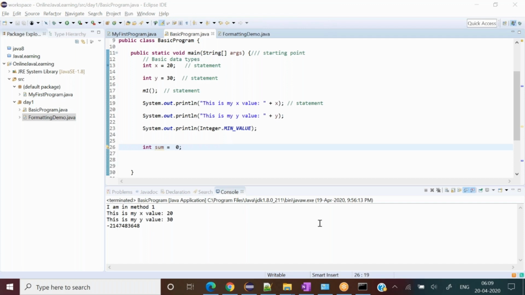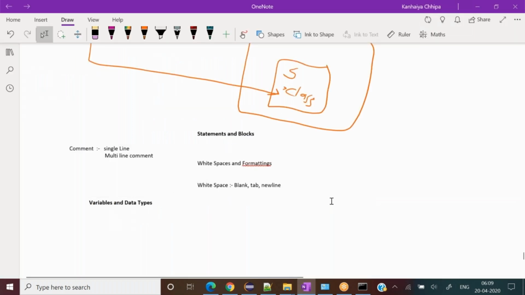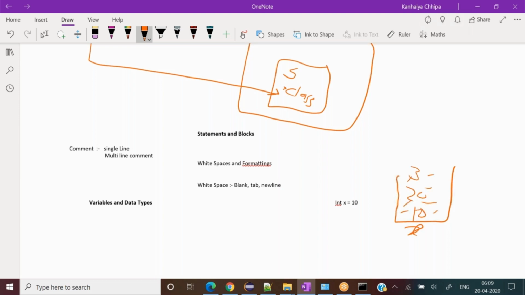Let me write here. What we did yesterday, we wrote something like this: int x equal to 10, and I showed you some diagram, right? That this is x, and we can fill in any value: 10, 20, 30, 40, or whatsoever we wish. We can use those values inside our variable itself, and its label, or data type, is integer over here. So there are different families of data types in Java.